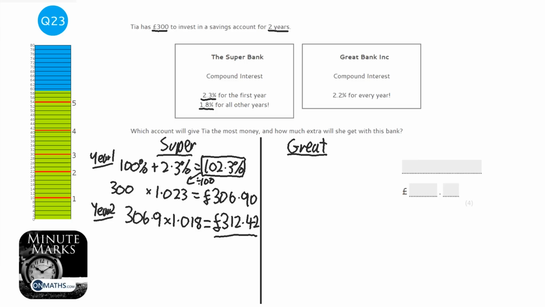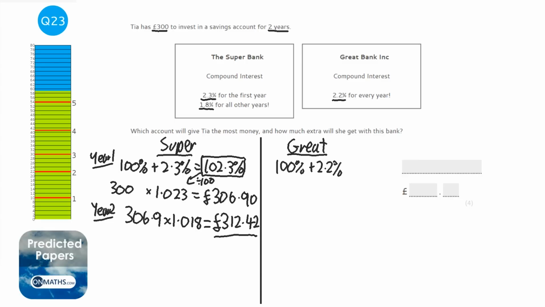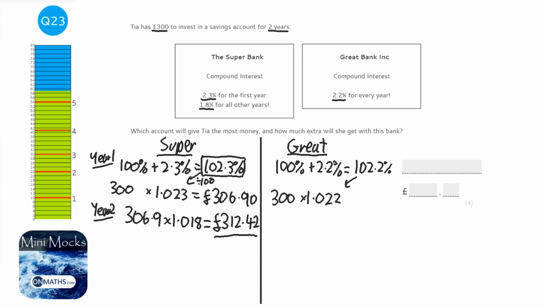Now, the Great Bank's a bit easier because it's just going to stay at 2.2. So let's work out as a multiplier. 100% plus 2.2% equals 102.2%, and then as a multiplier, that is 1.022 by dividing it by 100. So we're going to times that £300 by 1.022. So 300 times 1.022, and I get